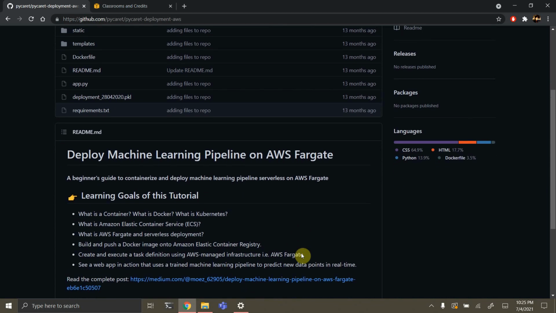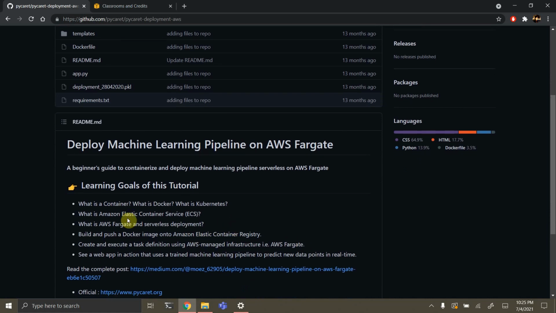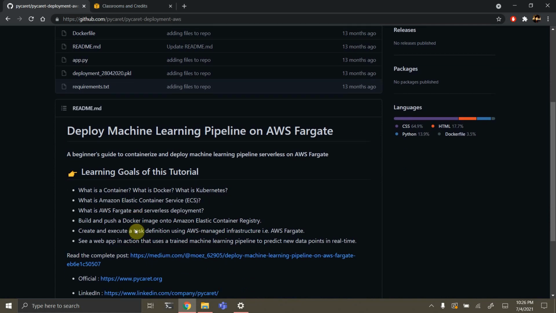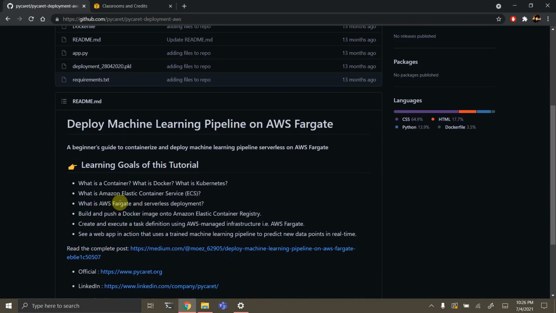So what is this pipeline? This one will just deploy one Docker container on Amazon Elastic Container Service, ECS here, and then we will use AWS Fargate, which is just a serverless compute engine for ECS and EKS, which is the Amazon Kubernetes service as well. So once we push this Docker image, it will run a